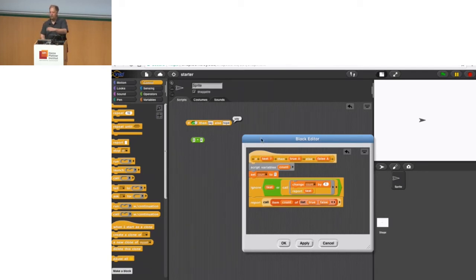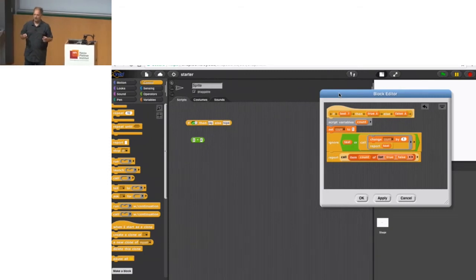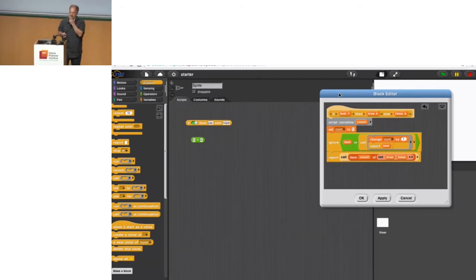So a while ago, my colleague and I were in Vienna, and we showed this to some friends in Vienna, and there's a friend, Erich Neuwirth, he's a statistician in Vienna, and he said, oh, this is great, Jens, what I'm missing in your language is the pipe operator. So he loves R, and there's apparently this thing Magritte, and it's allowed to pipe things into each other, something Fabio has showed us yesterday, similar to what he's working on. And I said, yeah, I know, pipe sounds great. I don't know anything about pipe. Explain to me what it is. And he said, oh, it's a value, and then you have a sequence of monadic functions, and you just take the result of one and put it into the next one. I said, well, gee, let's reinvent this